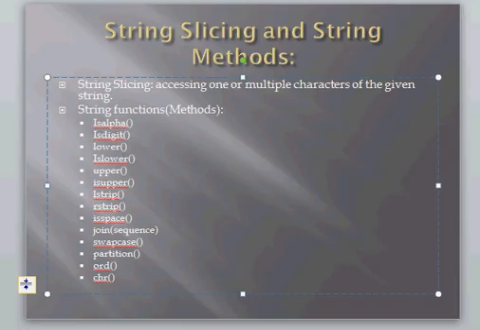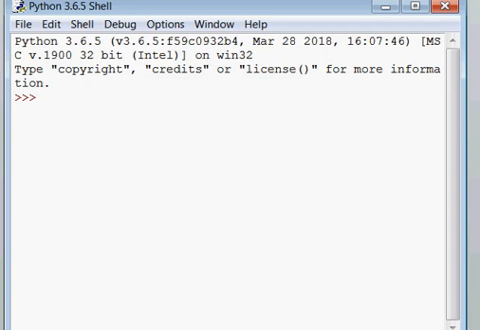Next function is the join function. So for join, I am taking here example of s as by, and then I am taking another string s1 that is hello. So if I want to use the join function, then I can write s dot join, and in brackets you need to pass another string that you want to join with.